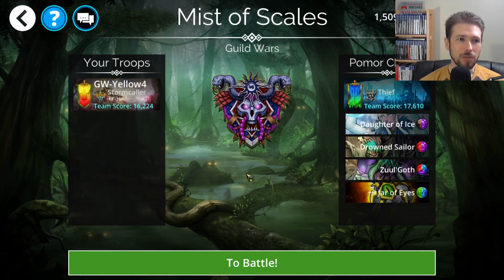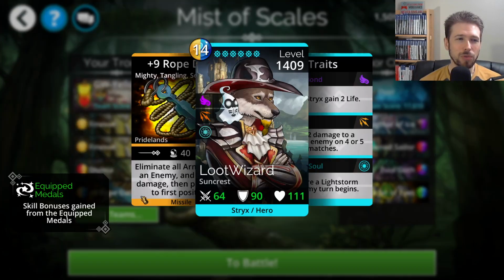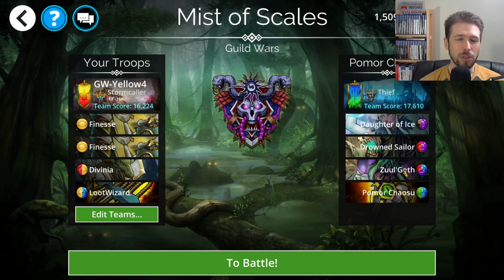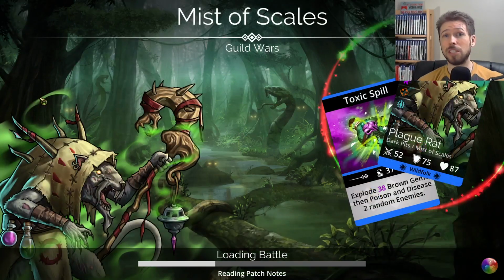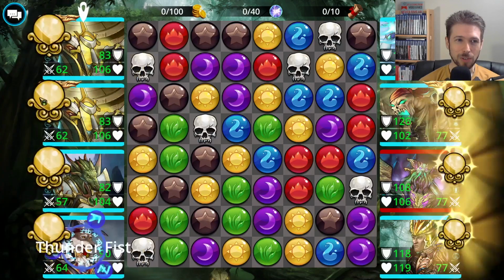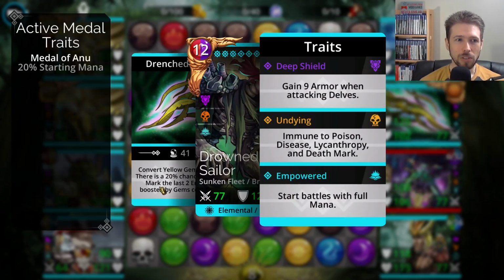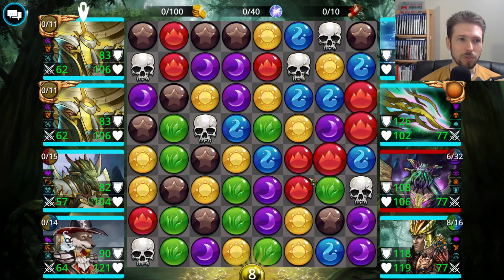Yeah, I don't know. I might go with this one again just because if I can get Rope Dart powered up, we can single out Zul'Goth and get rid of him right away. It's tricky with these teams when you've got a Zul'Goth in there. It's really just a race. And since he's got 2 troops here that start with full mana, it's really just